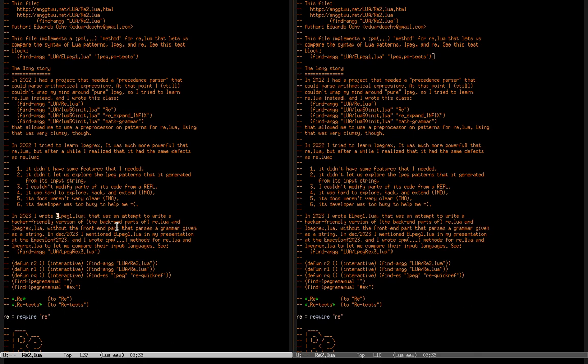My version of it was called LPeg1.lua. And I decided that in my version I wouldn't have the part that receives a grammar specified as a string and converts that to LPeg. I would just have the backend part, the functions in LPeg that let us specify powerful grammars.